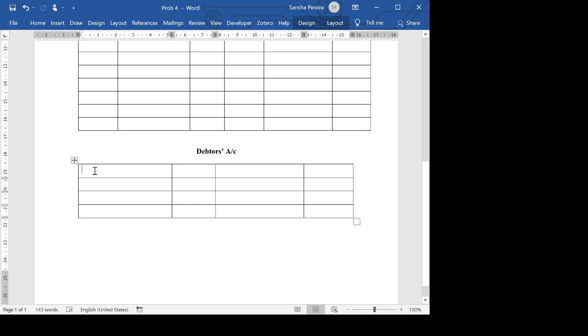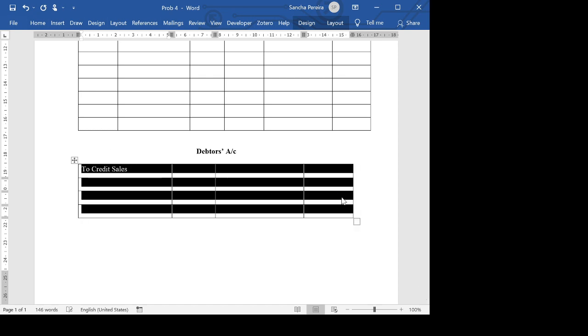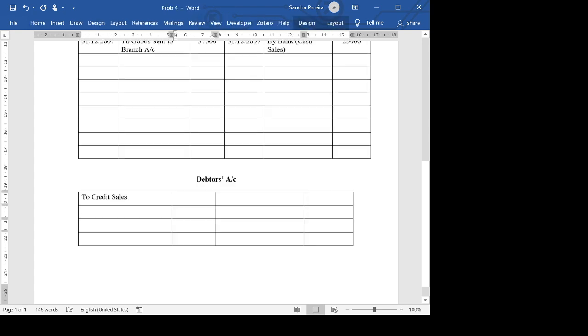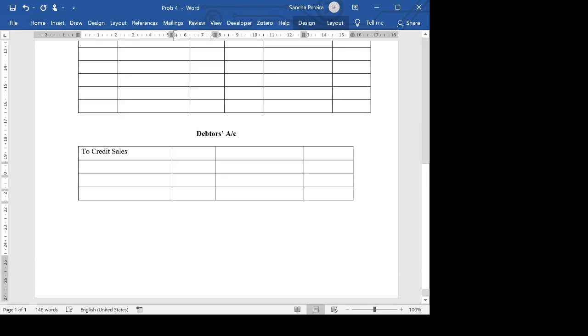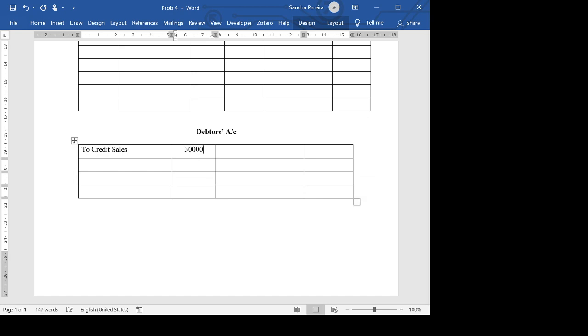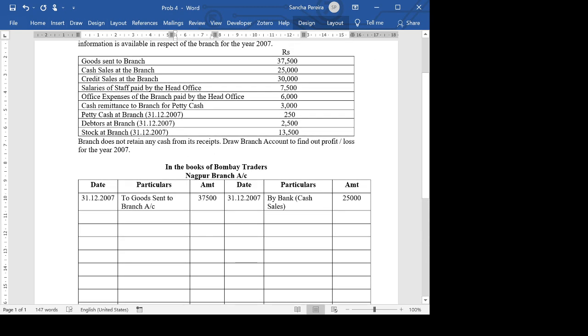So I will have to credit sales. The credit sales given to me is 30,000. Okay. Debtors account shows anything that is connected with the debtors. Salaries of staff paid by head office. This is going to come here. To, again, I'll assume it's bank. Okay. Salaries and office expenses. Salaries are 7,500 and office expenses